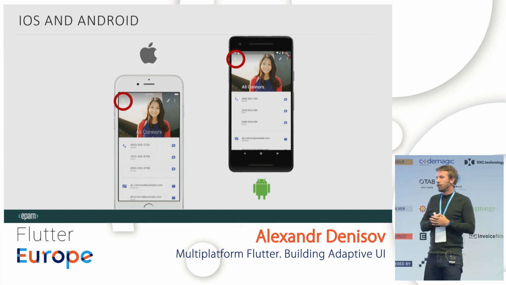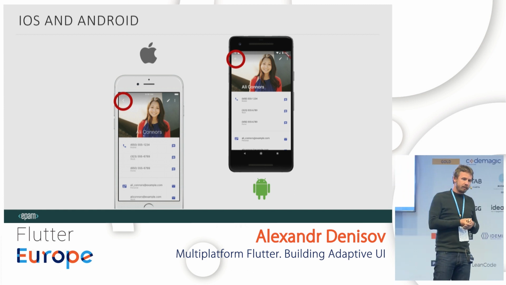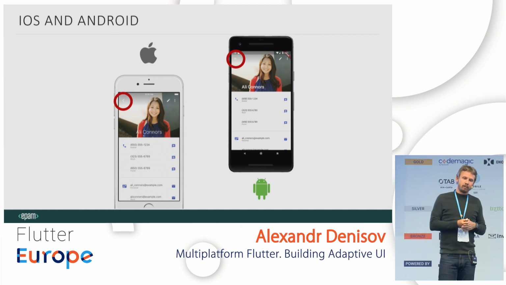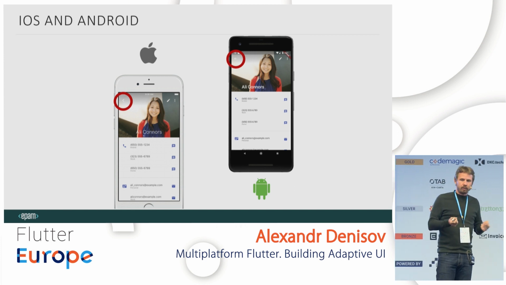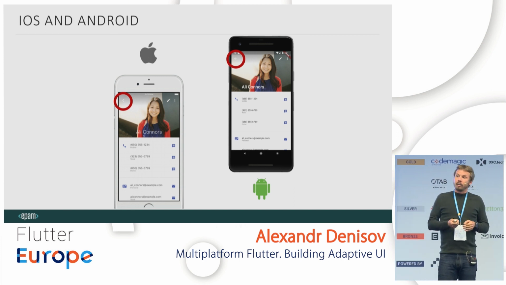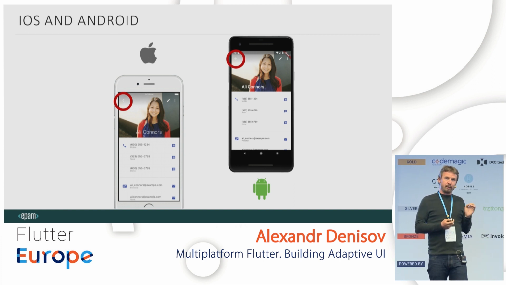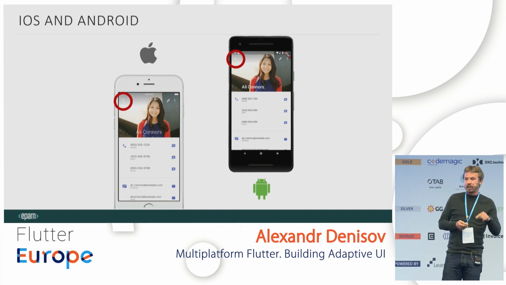But what to do if you want to have material design on Android and Cupertino design on iOS? You can, of course, create two different applications, but why do you need Flutter then? Two different applications you can develop native. Okay, in order for your UI to depend on the platform, you need to include the behavior of your build inside the widget.